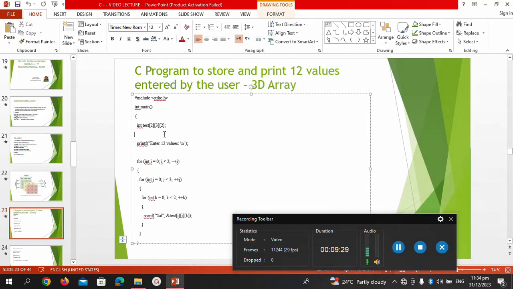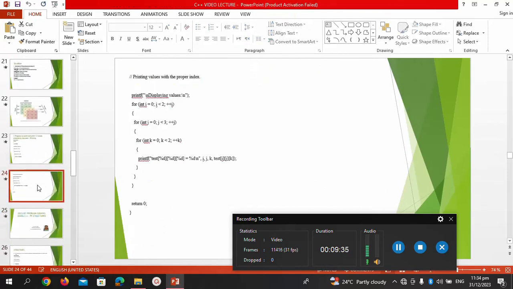So you can copy the same program and run it in an online compiler. So you will get the input, for example,